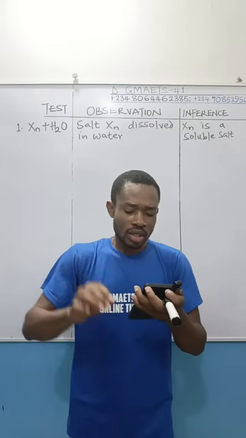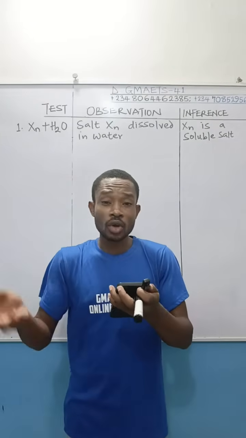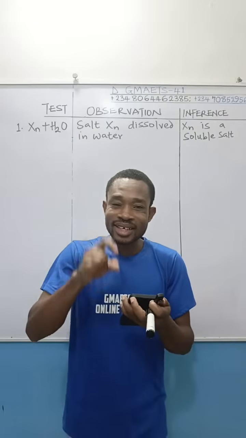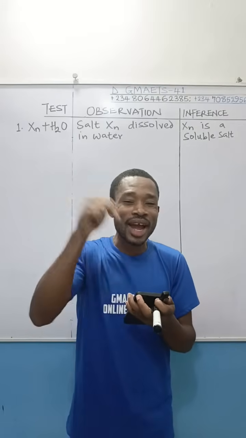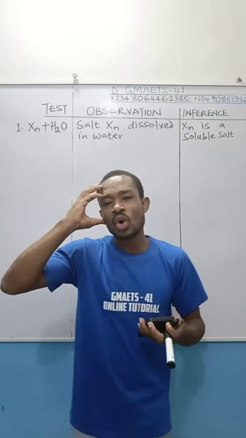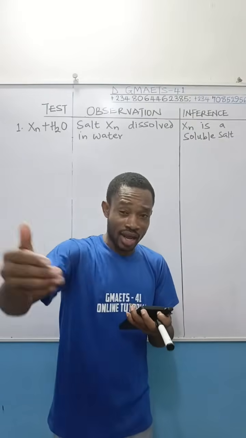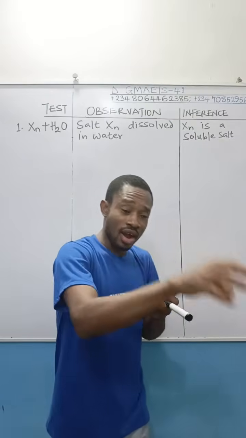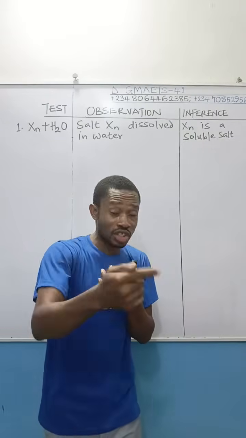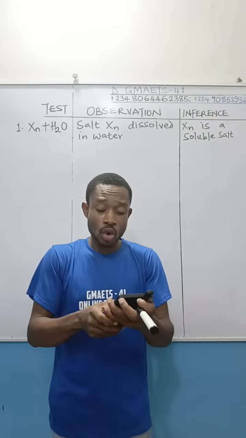Again, I saw silver trioxonitrate(V), AgNO3, followed by ammonia. That reagent is used to test for chloride ion, Cl⁻. So, knowing what the reagents are used for, I already know what I am looking at. It is left for me to carry out the experiment, and if my observation does not agree with what I know in theory,